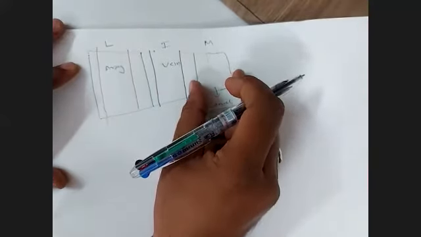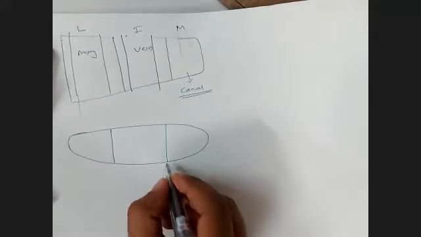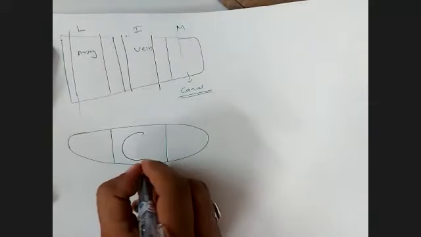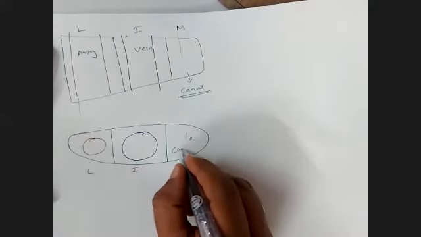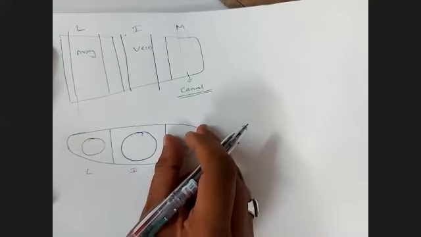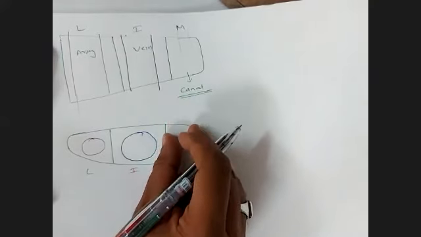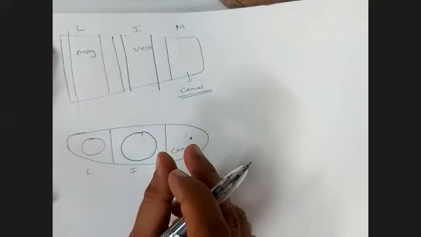So if I take a section and see, this is how things look in a section. I'm looking from below. I've cut the leg and I'm looking from below, and I see the femoral vein in the intermediate compartment, and I see the femoral artery in the lateral compartment, and just a small lymph node here, and this is the femoral canal. So hernia, because it is an empty space, any abdominal pressure will push abdominal fat or something to come out, and that condition is called femoral hernia.